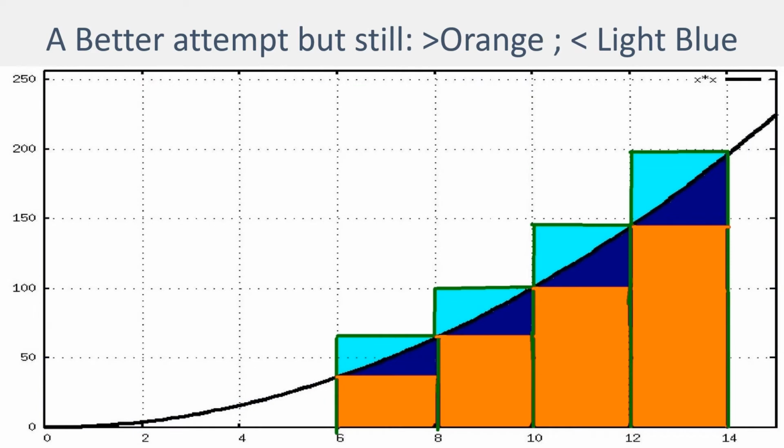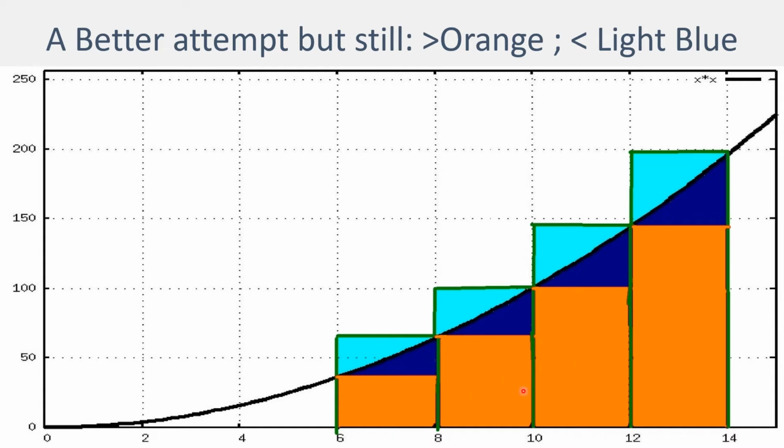Well, before we see how to do that, let's try and get a better approximation. So on the previous slide, I used rectangles whose base had length 4. What if I moved to rectangles whose base had length 2? So this case, and this case. There's one thing we notice. First of all, the total area of the orange rectangles, that's still a lower bound, but it's a better lower bound, okay?